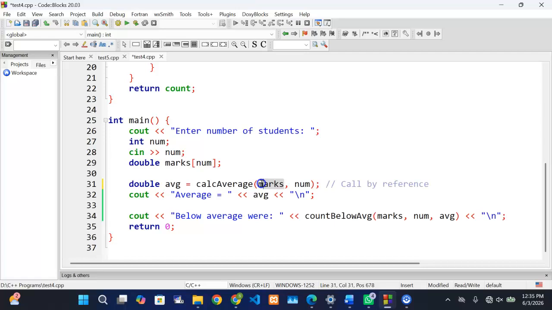Do you notice that? It has nothing. There are no marks inside this array. And we are also passing the number of students. You see? To which function? To this function here, calculate average. So, what I want you to notice here is that arrays are always passed by reference because they